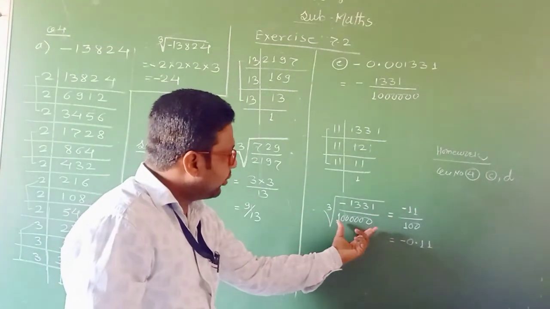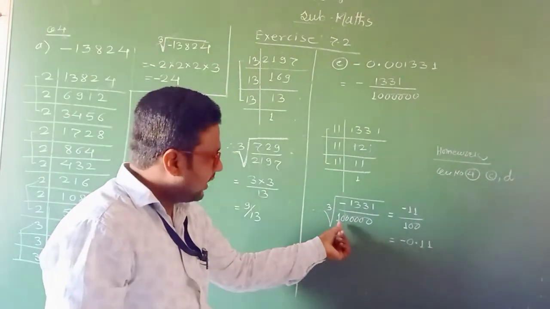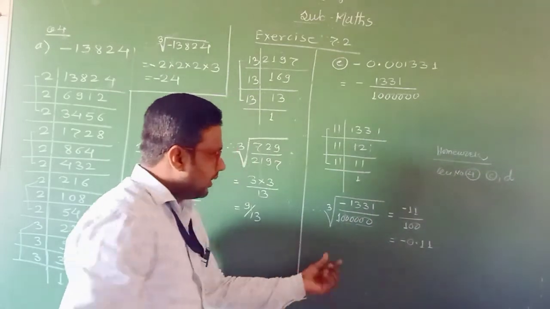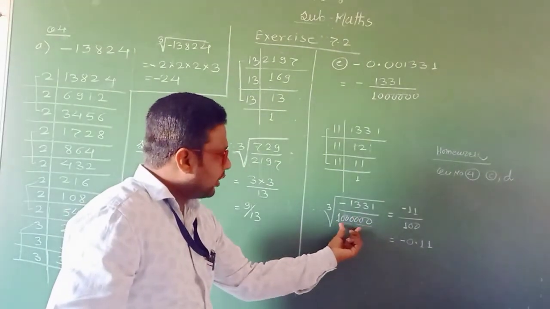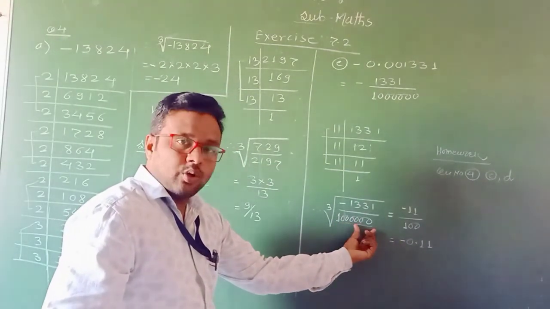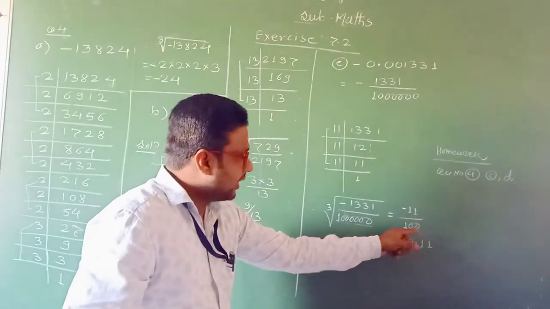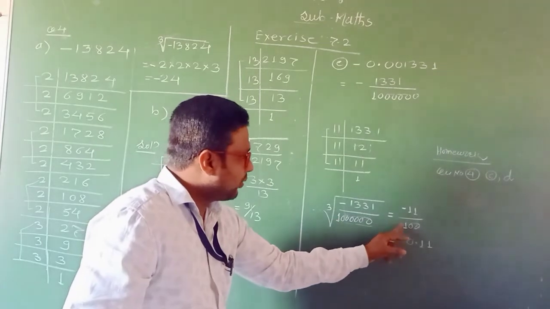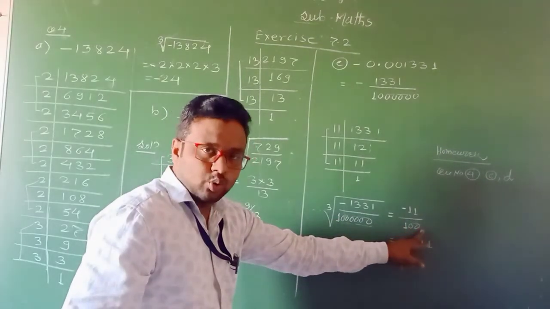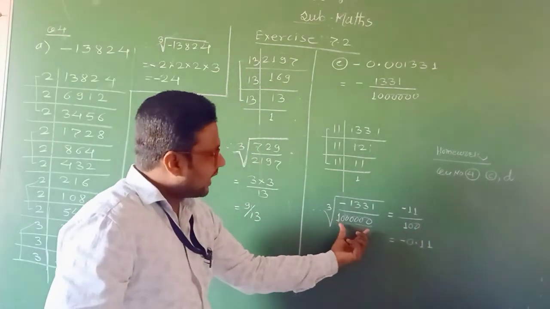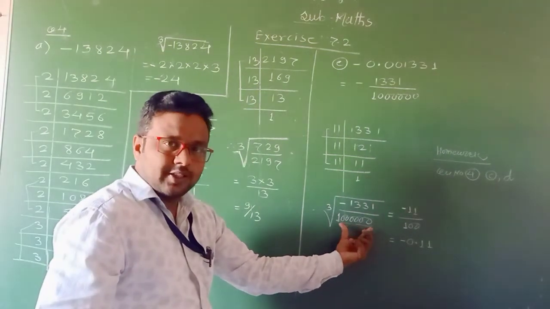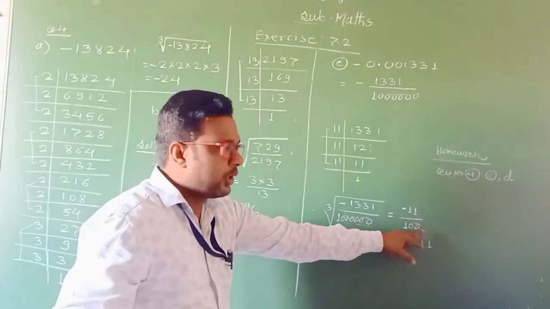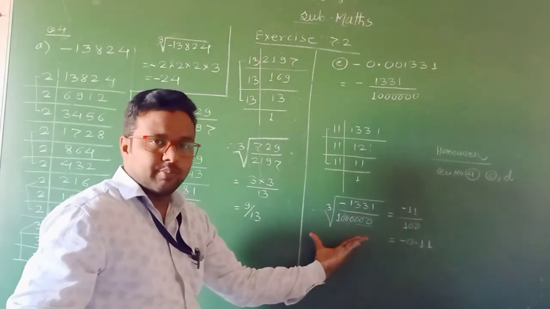To find out the cube root of this number, this is very simple. 1 is followed by how many zeros? That is 6 zeros. From here we make groups of 3 zeros. From each group we take 1 zero. Therefore the cube root of this 10 lakh is equal to 1 followed by 2 zeros. Or simply we can count the number of zeros here: 6 zeros are there, divided by 3, that is 2. Then 1 followed by 2 zeros gives you the cube root of this number.